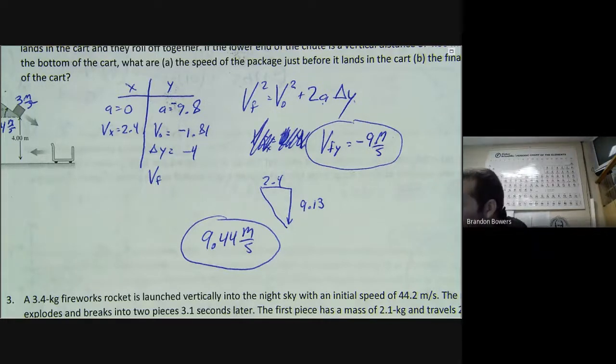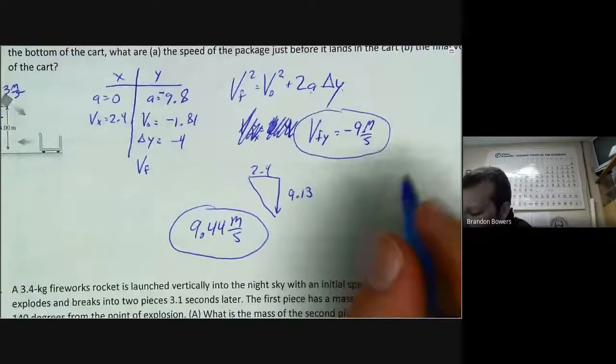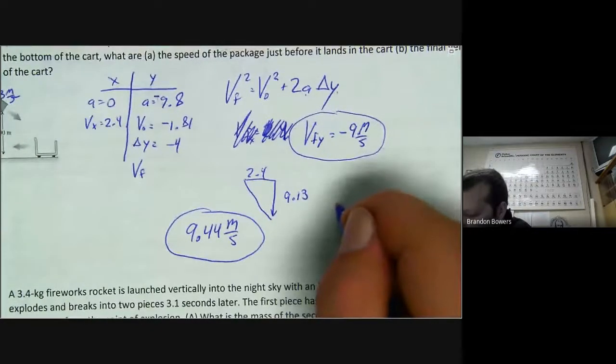Okay, so momentum in the x. Remember, since they're separated, my initial, so I'm going to have the mass of object 1 times its initial velocity in the x plus